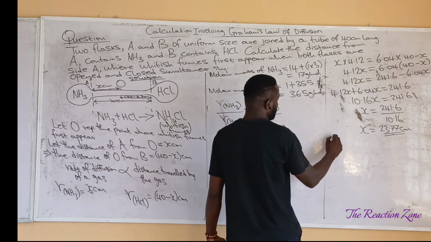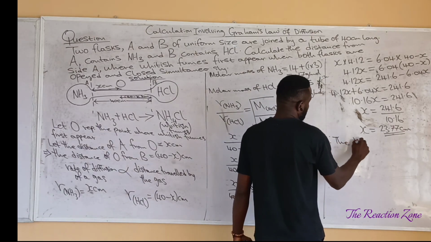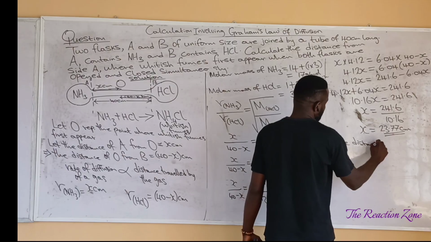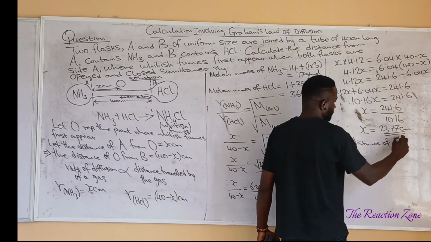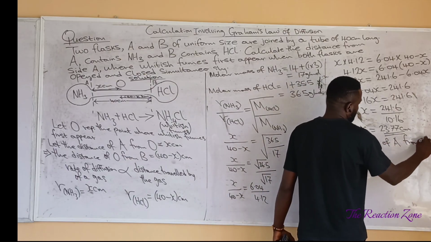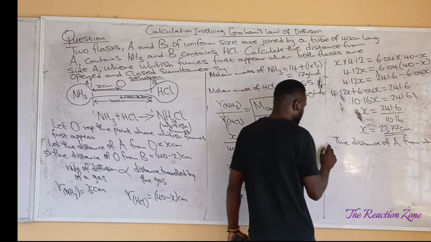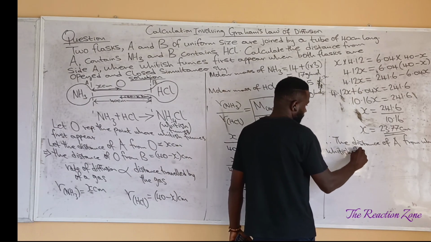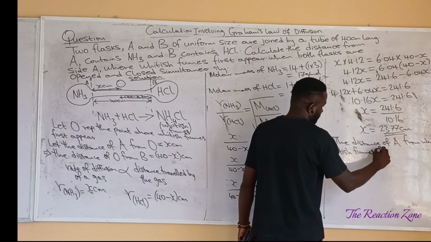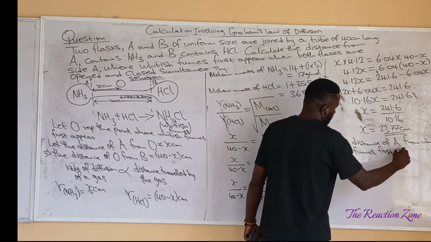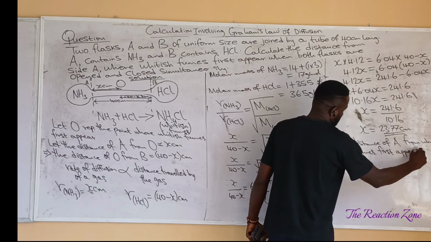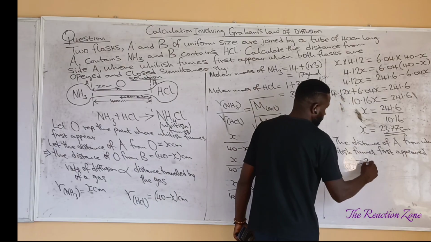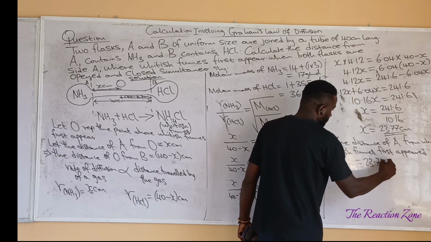So that the distance of A from where whitish fumes first appeared is equal to 23.77